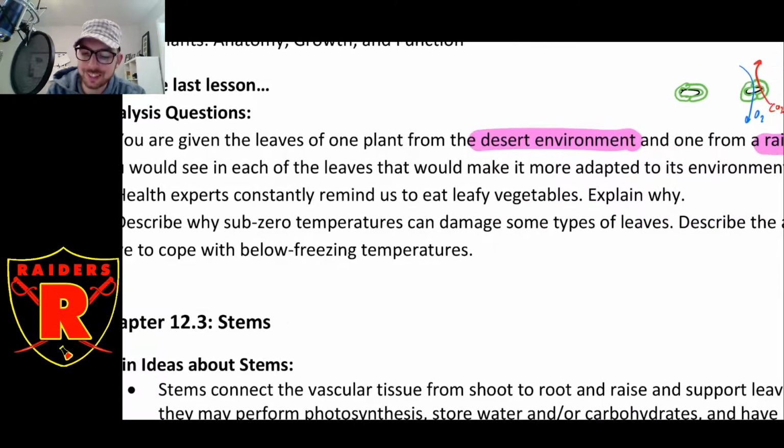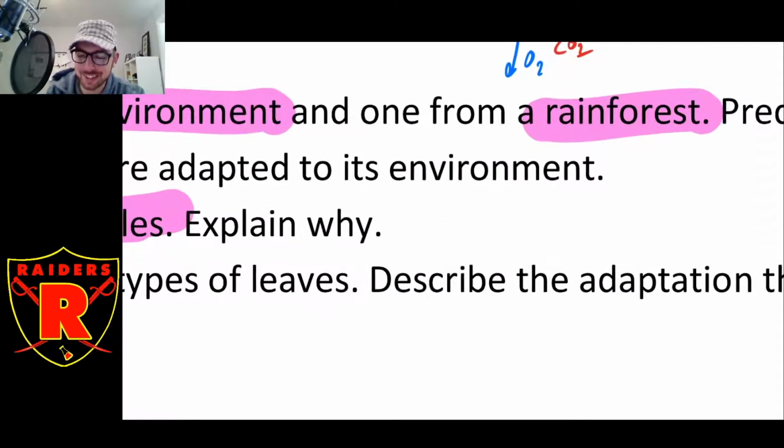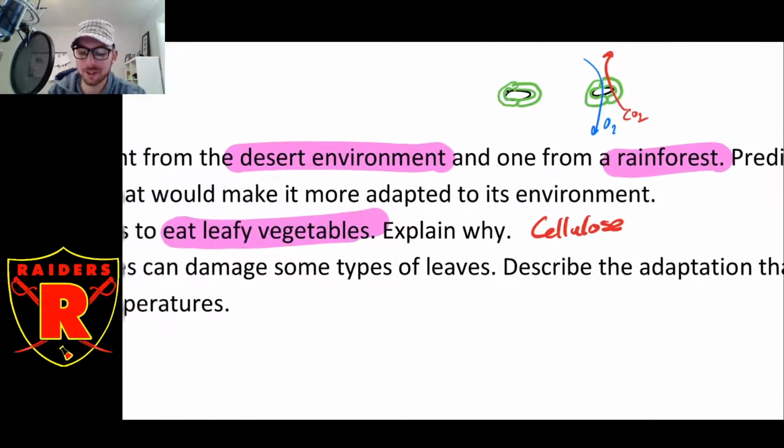Okay, the idea of eating your leafy green vegetables. So what do we need that for? That component of your diet is fiber. That's why you've got to eat the leafy green vegetables. And the fiber is cellulose. That is the key. You need cellulose cell walls, which are found in large quantities in leafy green vegetables, because that fiber, that cellulose,